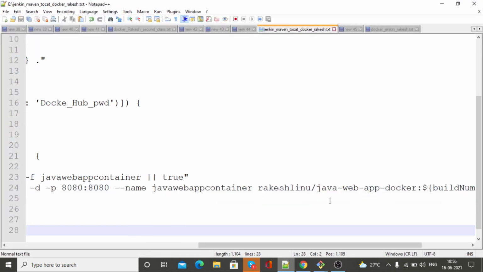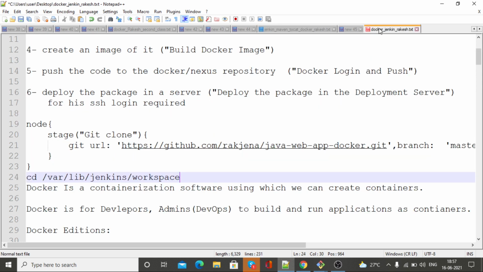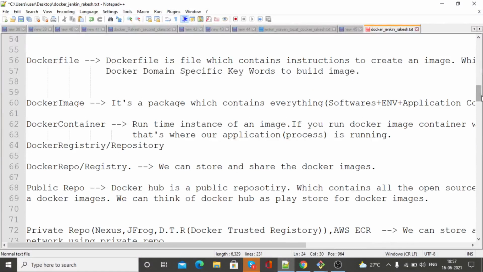Now let me tell you something. Guys, while we are creating servers for this demo, you need to pre-install Java, where you will have to install Jenkins also. Okay, and while installing Docker, I put one command here.